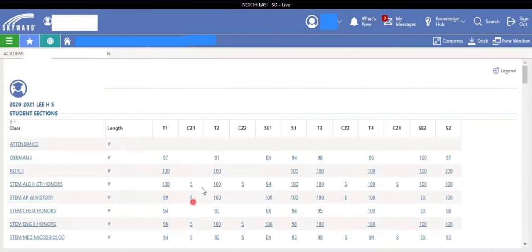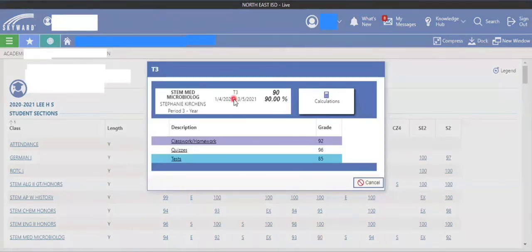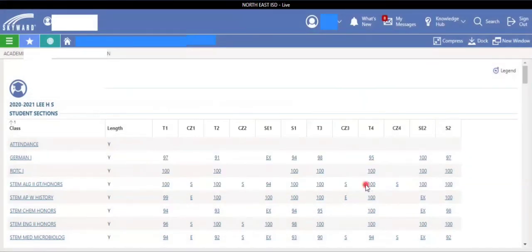So whenever you look at these, let's say that your student turned in an assignment and you want to know why their grade is so low. So let's look at this. This student is missing an assignment. So this grade right here, we've got quizzes and tests that are going on, and you can actually see the individual assignments and comments, but since this is from a previous year, that's why you're not seeing most of the details. So check back. I have a shared video that'll walk you through how to check those grades, and please